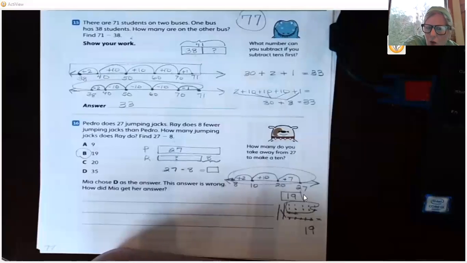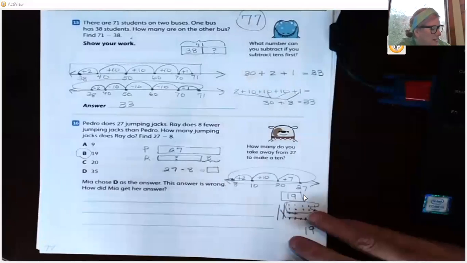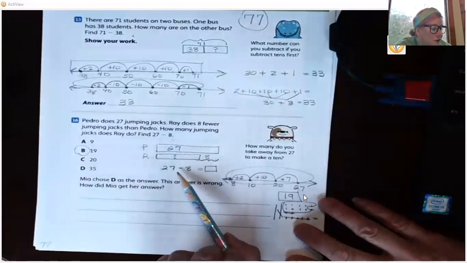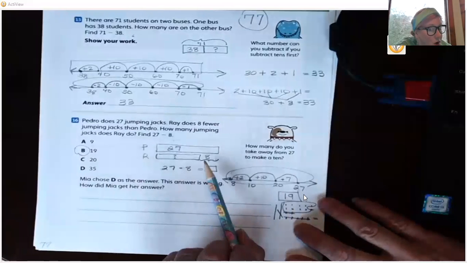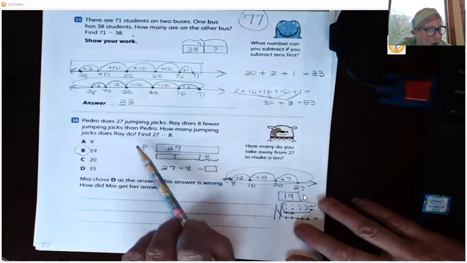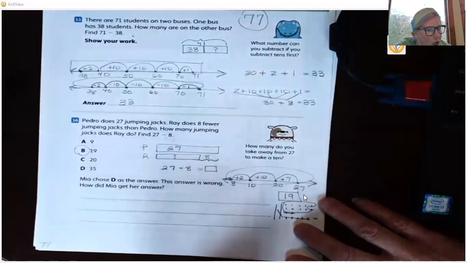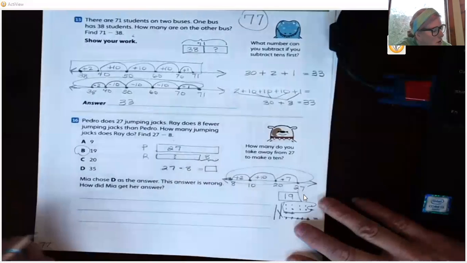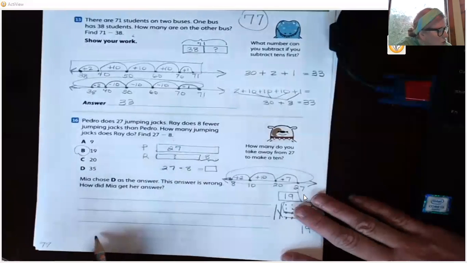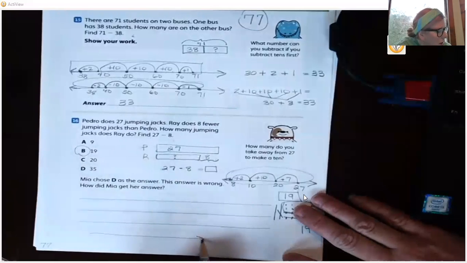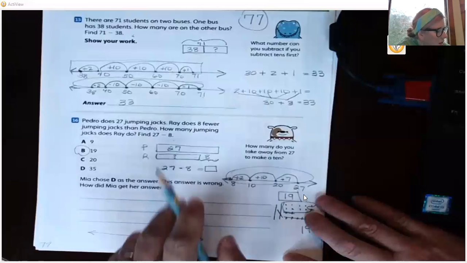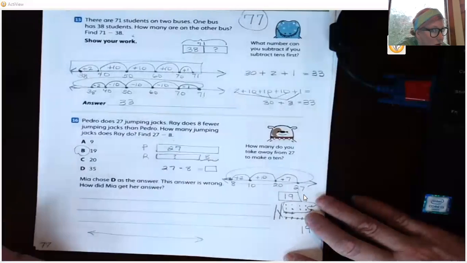Is 35 more or less than 27? Okay, guys, so if you've looked at it, 35 is more than 27, right? How much more? Well, if you think about it, you look down here on a number line. What if instead of subtracting,